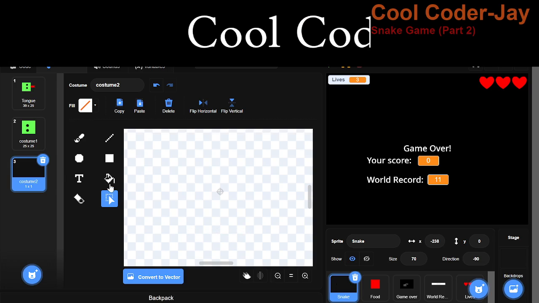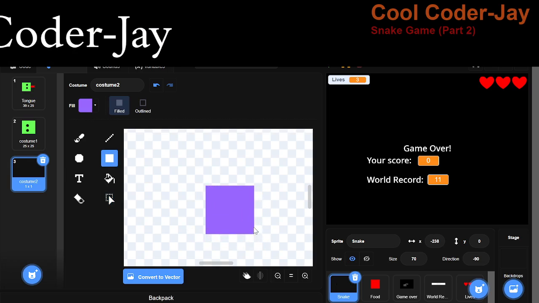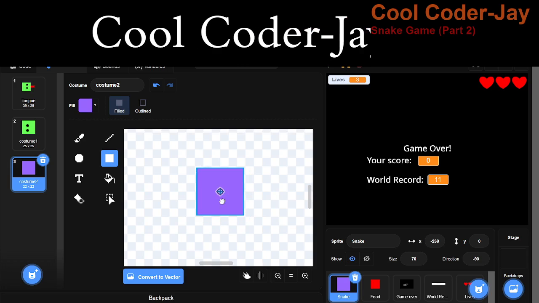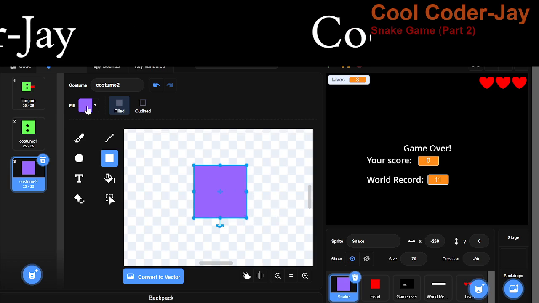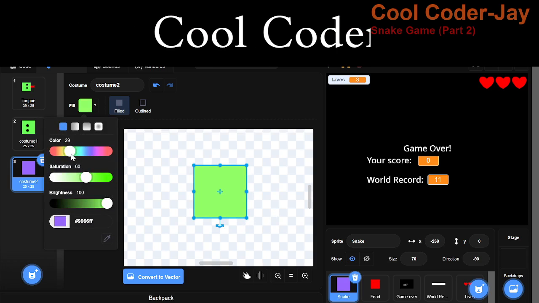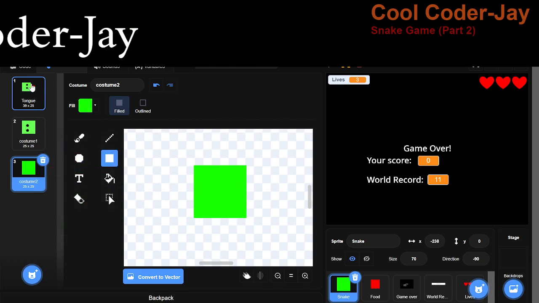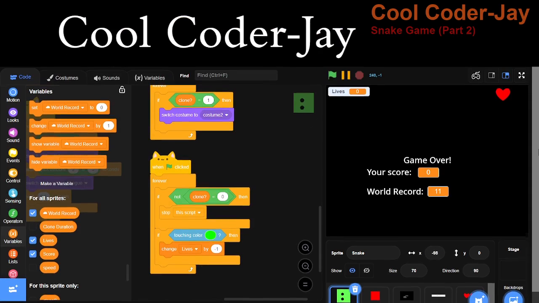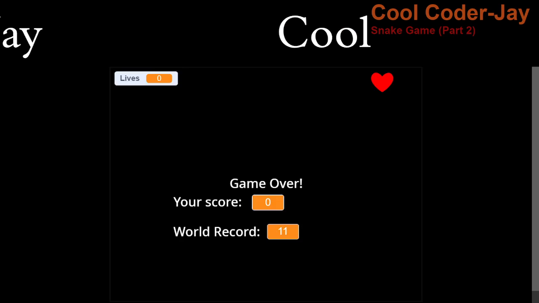That was bad. Let's make a square. This square must be 25 by 25 in size. This is 25 by 25. Now the color should be 3200. Let's see now. Ooh, what was that? In the full screen mode.